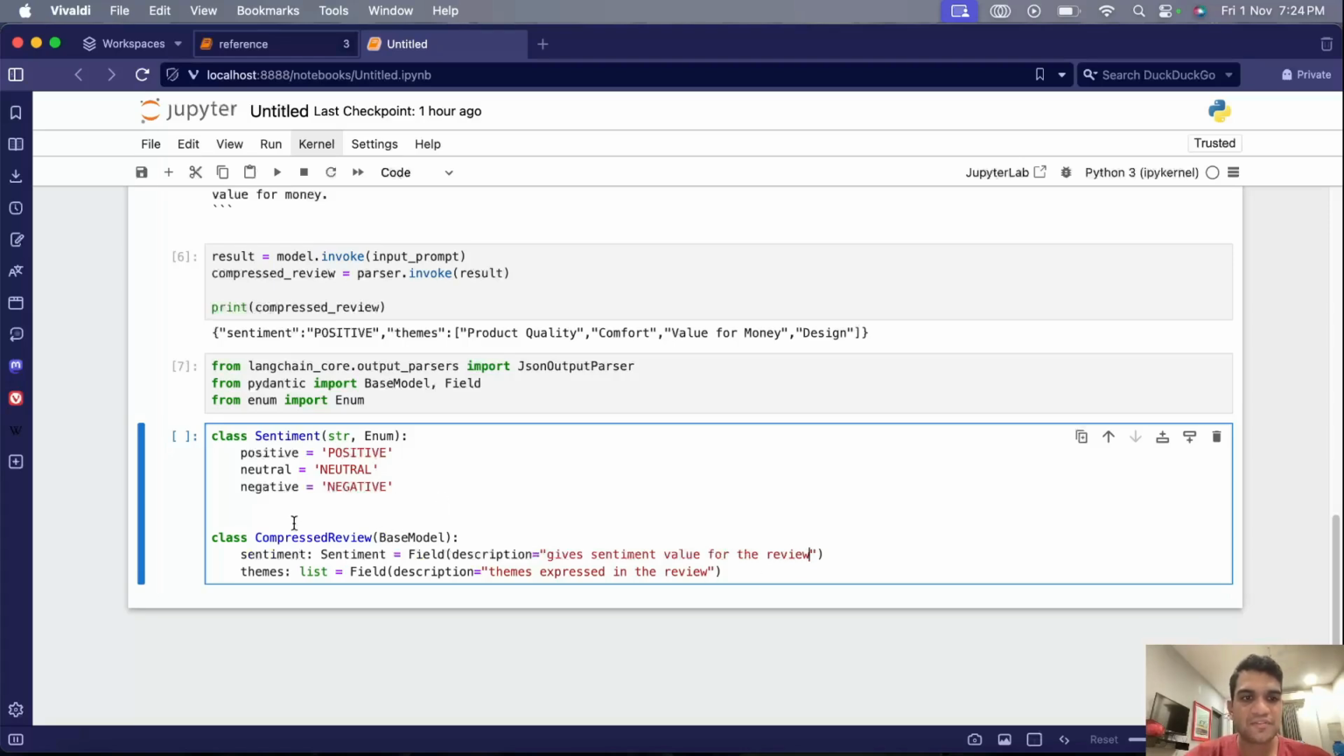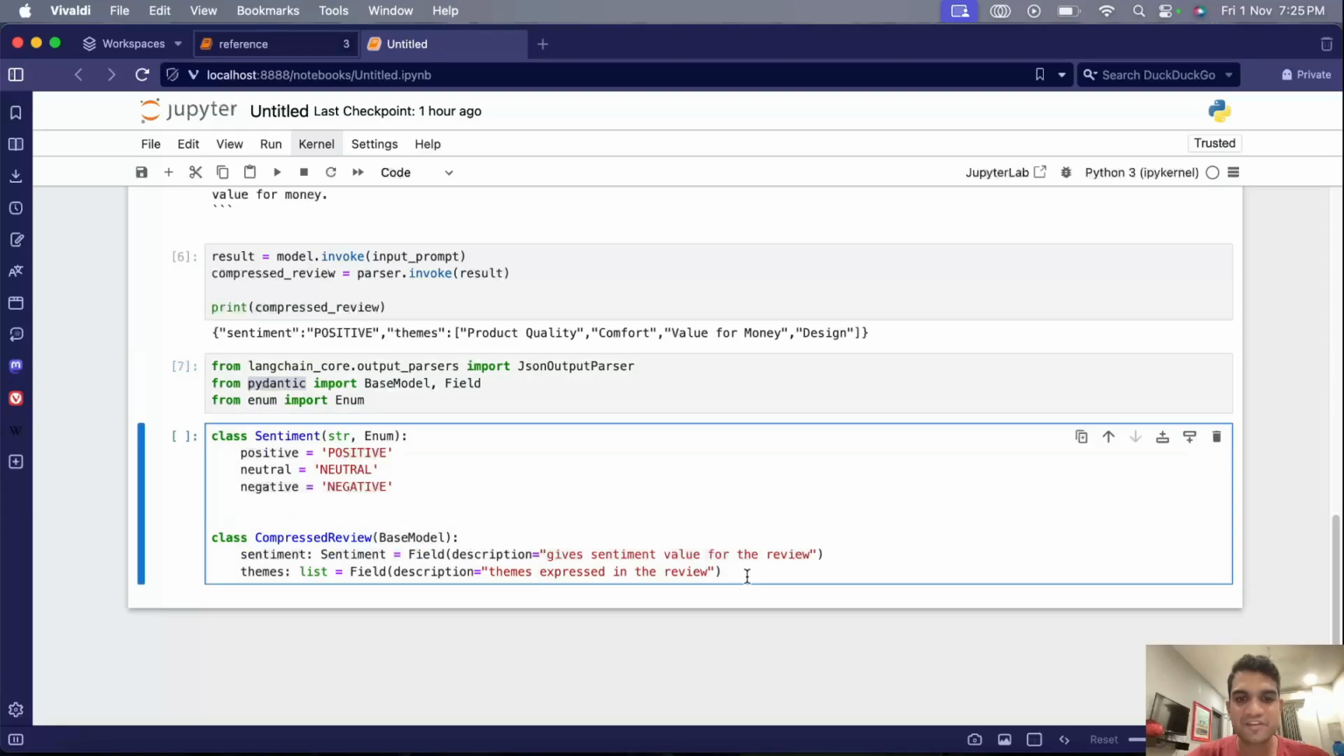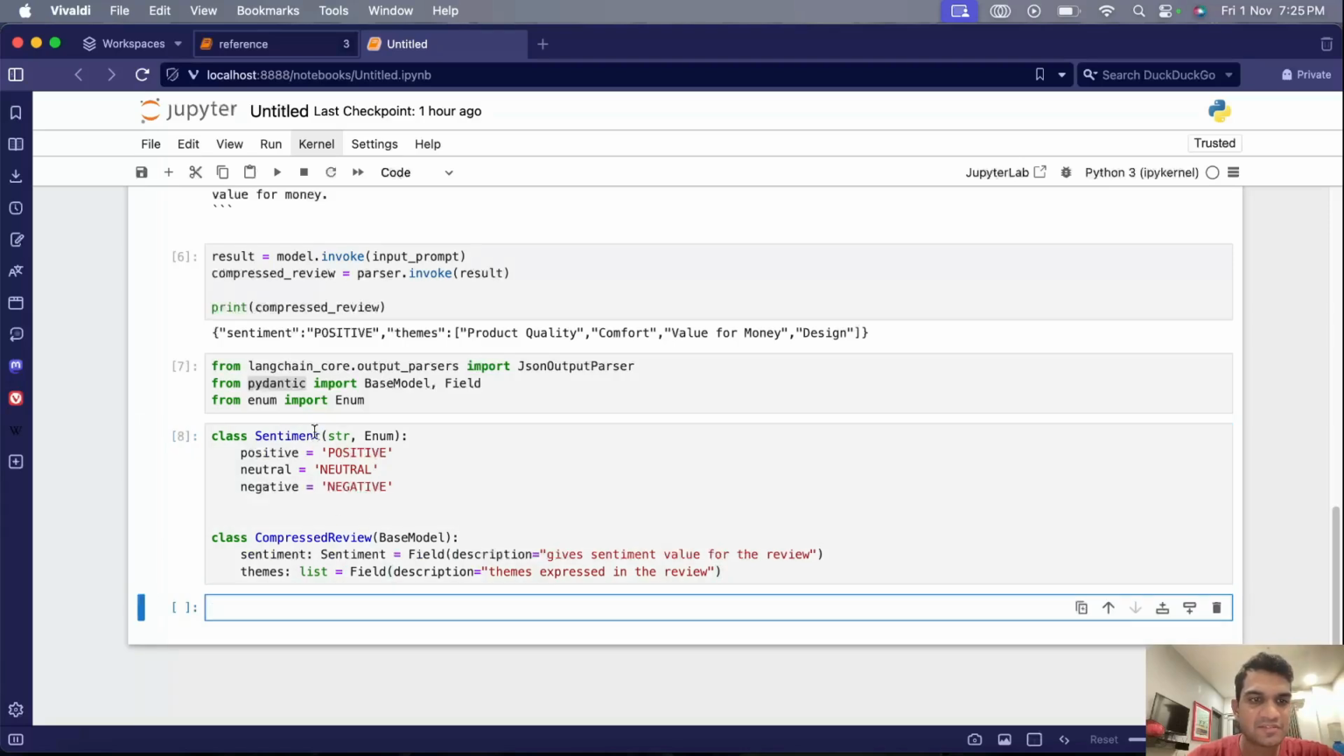And if you see this CompressedReview, it inherits from BaseModel, and this BaseModel is a pydantic class. So basically we are making this a pydantic data structure where we define the structure that we want our output in. And then what will happen is once we run these classes,